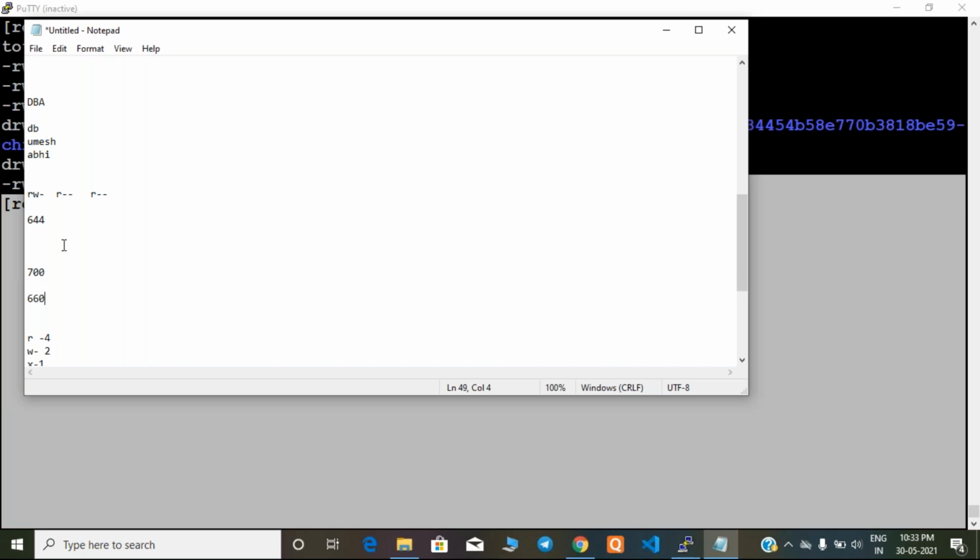Now how to change permissions? Simple, guys. chmod 666 file name. What does that mean? So guys, what is 666 meaning? For that file, everyone has read and write permissions. Exactly. For this file, you are giving full permissions. So guys, execute is not required for files. Normal files, execute not required.